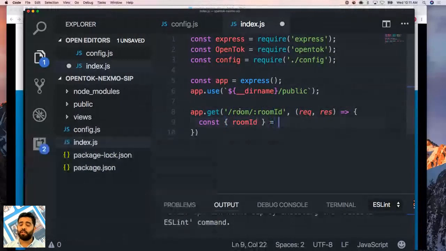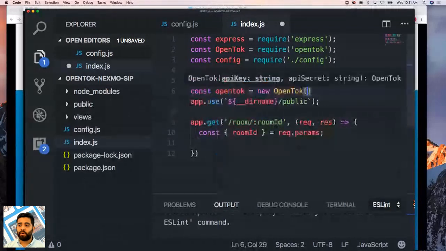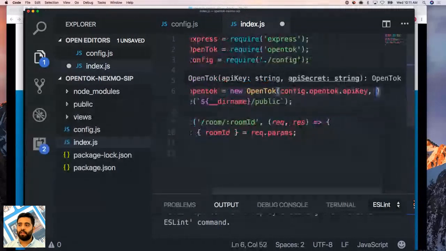So we can use object destructuring to get that here. And now we can do OpenTalk.createSession. But remember, before we do that, we need to create an OpenTalk object. So I'm going to go ahead here and do OpenTalk equals new OpenTalk. And this is going to require our config.opentalk.api key, and then we'll do the same